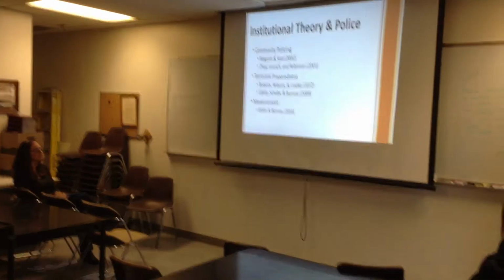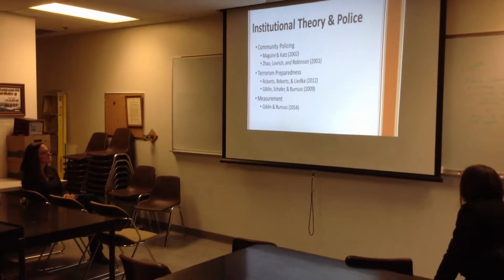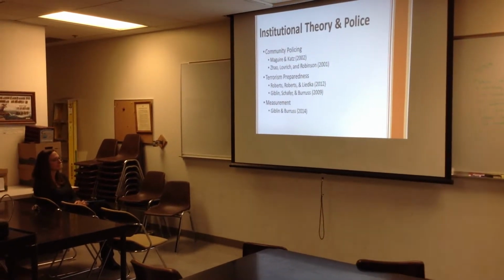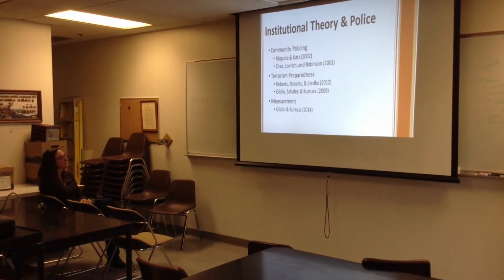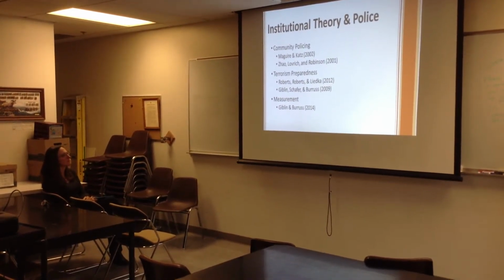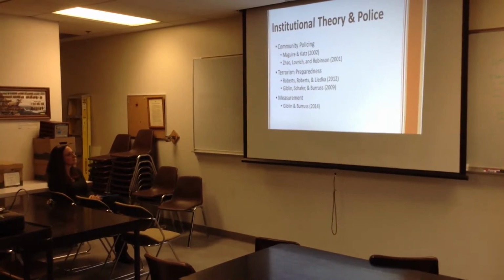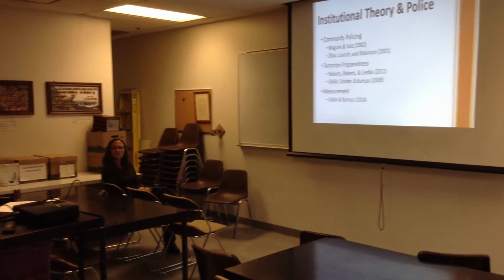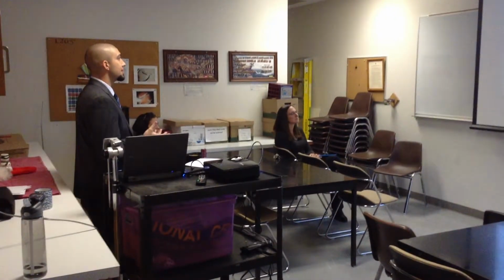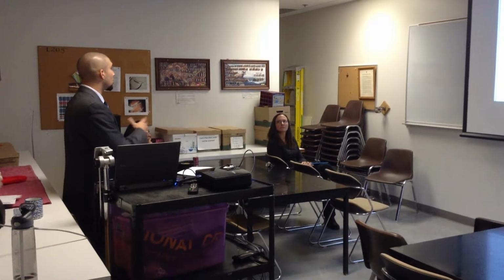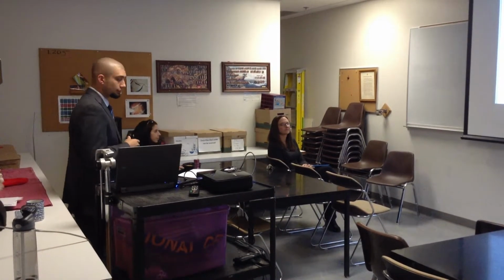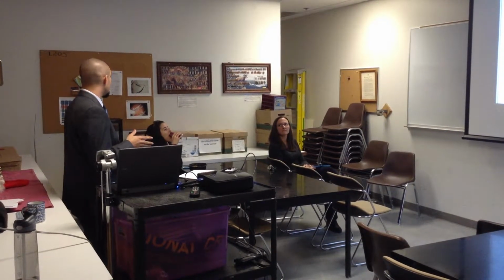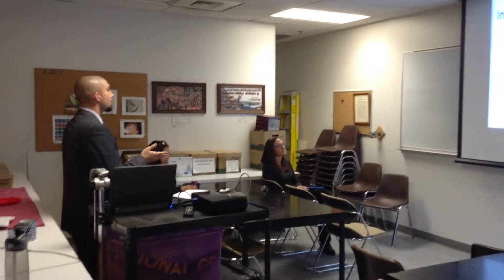Institutional theory has also been applied to community policing, specifically that rapid expansion and use of community policing. When we also look at critiques of the rapid expansion, Zhao, Loveridge, and Robinson point out that even though organizations stated that they were doing community policing, their technical core, or how they were operating, hadn't in fact changed. So they were conducting policing as you would expect in the professional era, but claiming that it was community-oriented policing. It's also been used to apply terrorism preparedness and homeland security to policing. Giblin and Burris